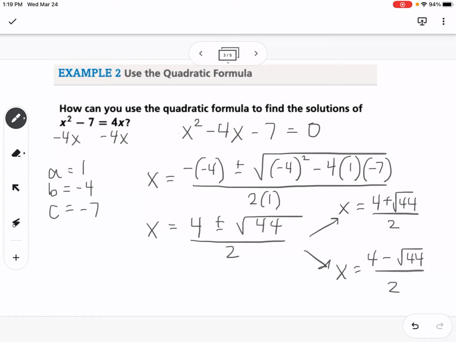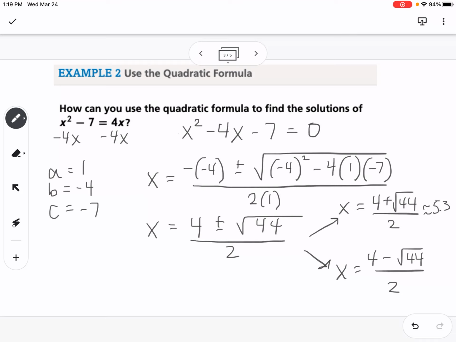Now when you're typing this part into your calculator, make sure either you put parentheses around the whole numerator, the 4 minus square root of 44 or this 4 plus square root of 44, or you hit enter and then divide by 2. So you have to be careful to make sure you're doing the addition or subtraction first before the division. So if you do that, we get approximately